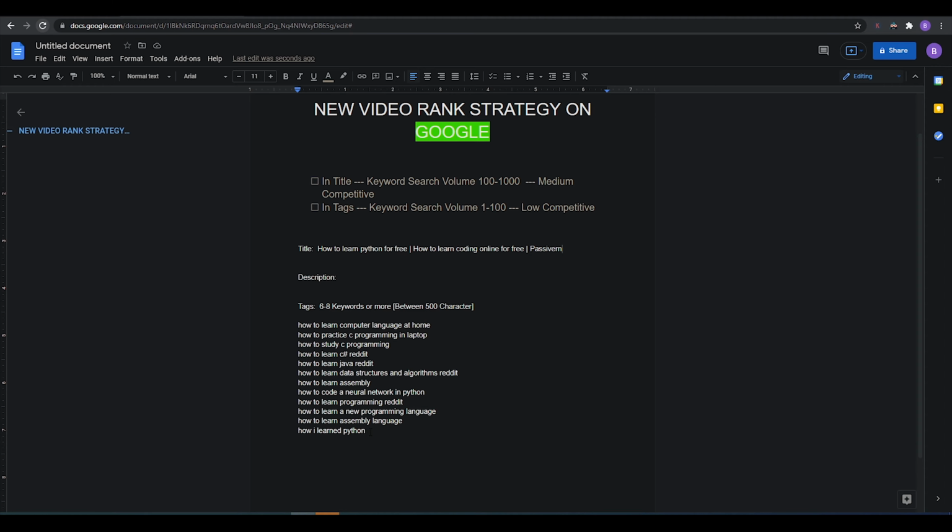Now in the description, you should try to push these keywords in naturally. You should write the description in such a way that you can push these keywords into it, but it should be natural, such as I'm trying to write a description.